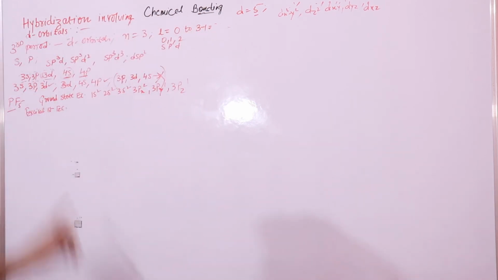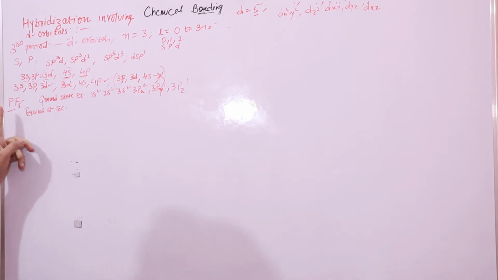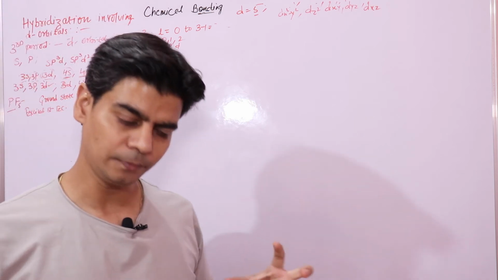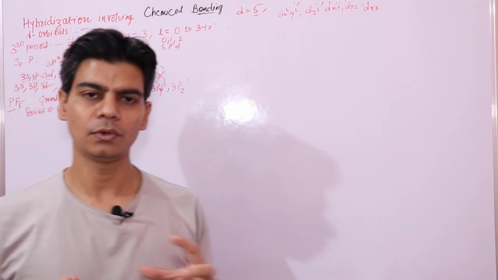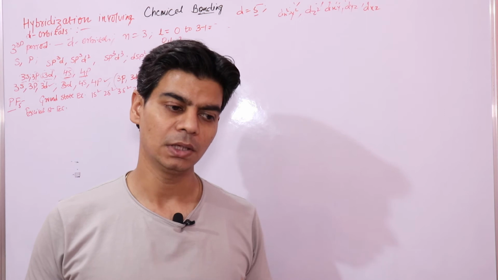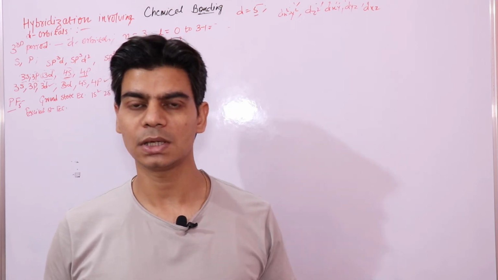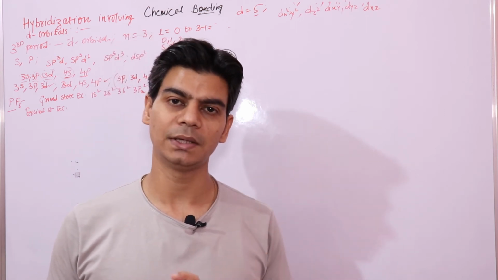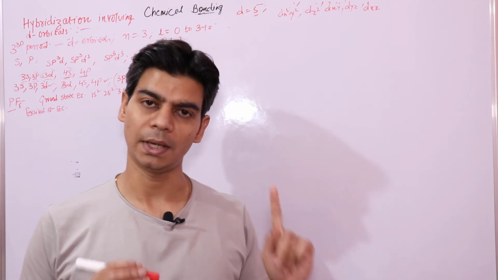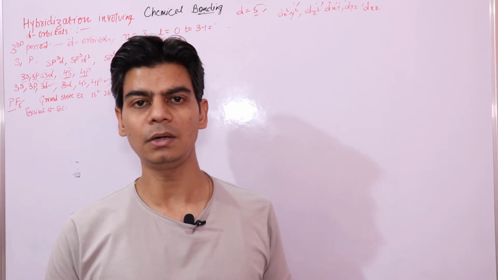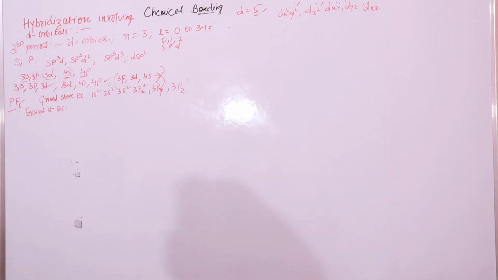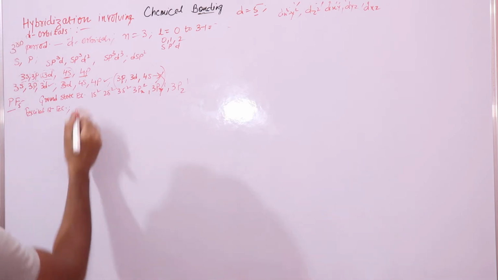When the fluorine atoms approach the phosphorus atom, when both these atoms come near one another, there would be an attractive interaction, right? So energy would be released due to this attractive interaction, and this energy would be used to promote an electron from a filled orbital to an empty d orbital, right? So the excited state electronic configuration, as a result of the energy released by the approach of these atoms, would be